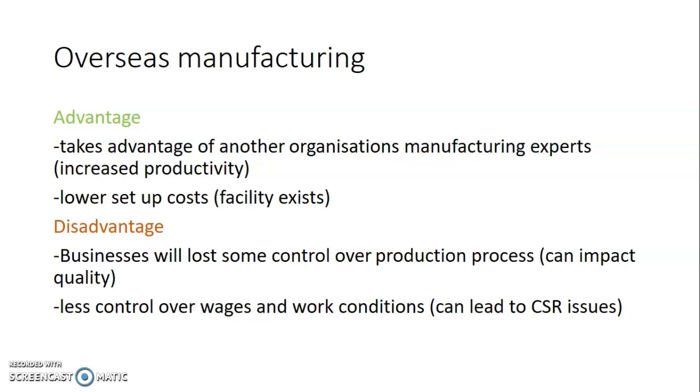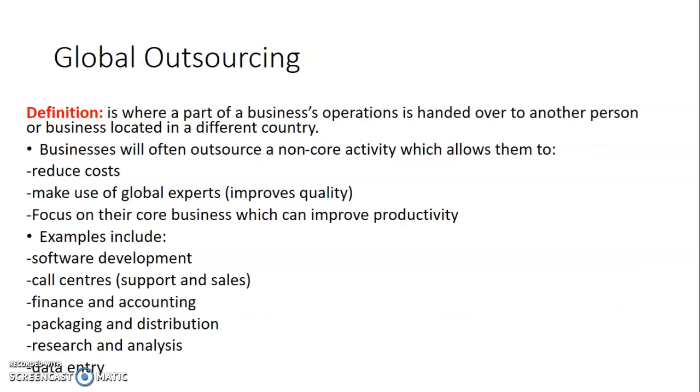So they might skip out on quality, they might not do quality checks, they might throw out a lot of wastage. That could be an impact overall. And the other key thing is the corporate social responsibility impact: we don't have control over how much they pay their wages or how they treat them or anything like that. That could cause really bad publicity if customers find out about it. So you've got to be careful of that.